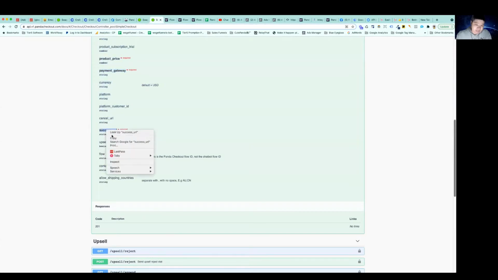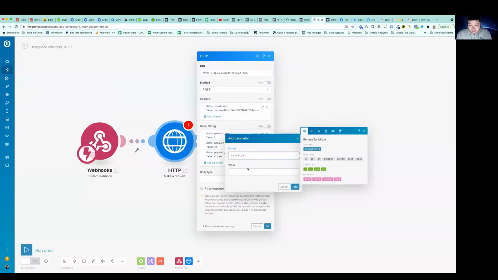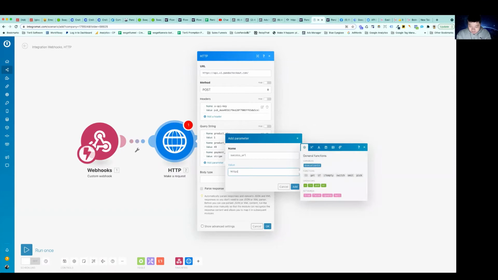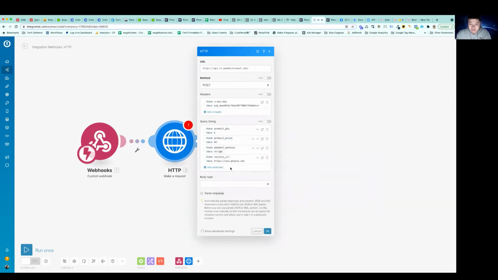Success URL means which URL you want to redirect the user to when they successfully pay that amount. So you need to set this up. And then here you just type the URL. For example, we can just type Google. And then you can save it. For the type, you can just use